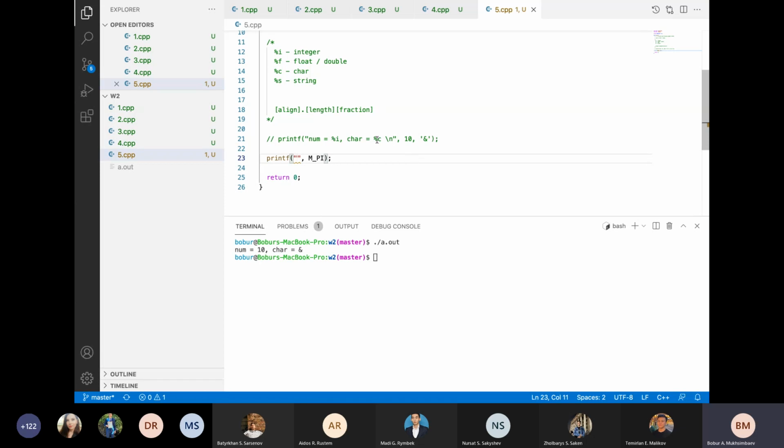So aligning, which is 0, point, length, let it be 3, and the fraction is the % sign with f. If you run it, you will have such a result. Oh, sorry, it should be